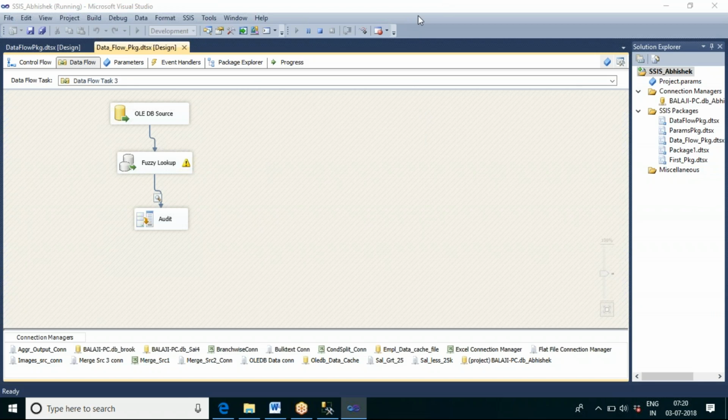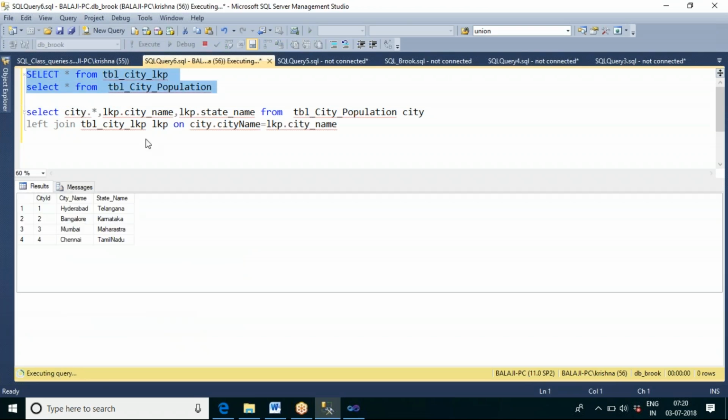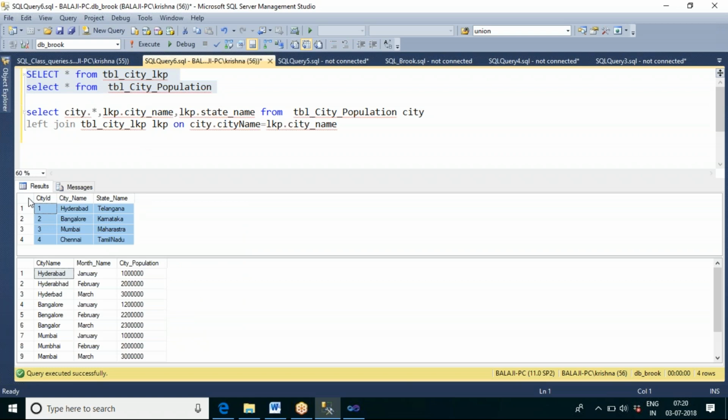Sorry, I was on mute. So Ravi, what we are doing here is, we have two tables. One is a master table, another is a transaction table. My requirement is, along with these columns, I need to populate the state name column in my output. So to do that, I have to join these two tables.